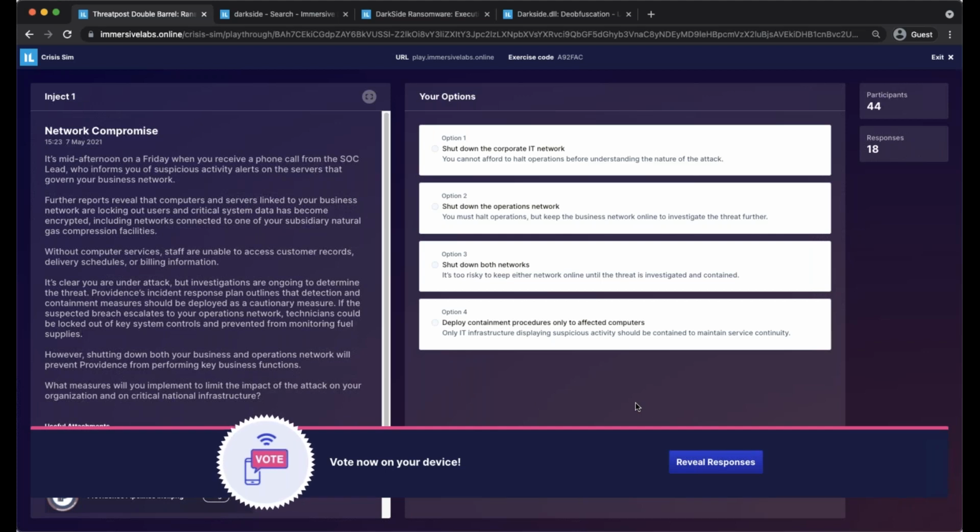We've got to shut them both down. We're really early into this. We know attackers are in our networks. We know that they've deployed ransomware, and we know that the OT side of the network is critical, and it's mechanical. The pipes are under pressure, and if we lose the ability to regulate that pressure, to regulate that control, we could be putting lives at risk. There's actual danger there. So for me, I don't know what the intent of the attacker is. I don't know what their reach is. We've got to err on the side of caution, shut everything down until we can properly identify, isolate, and return